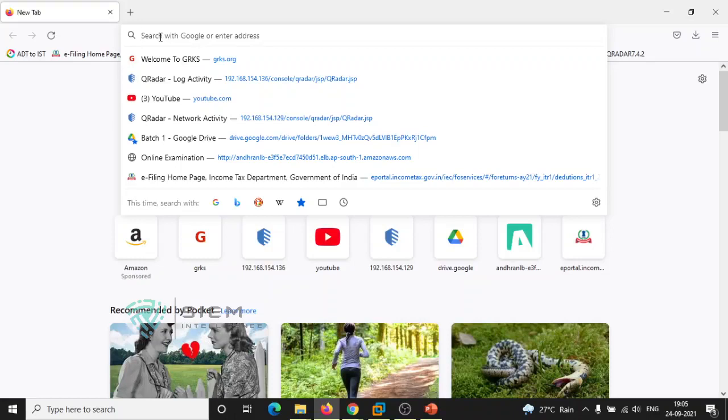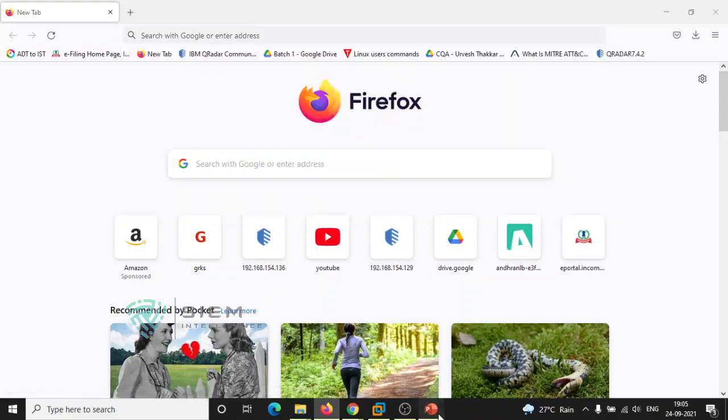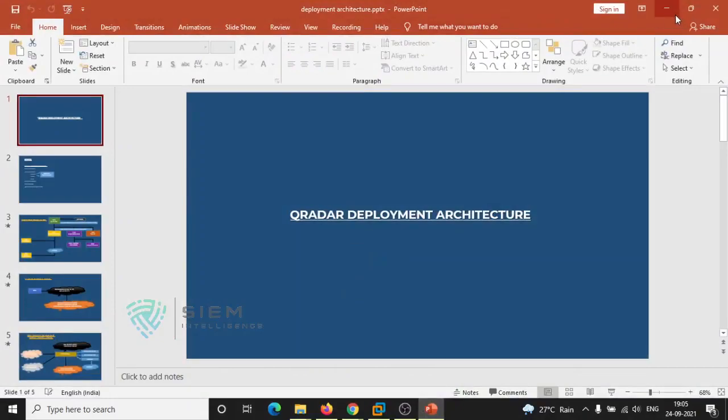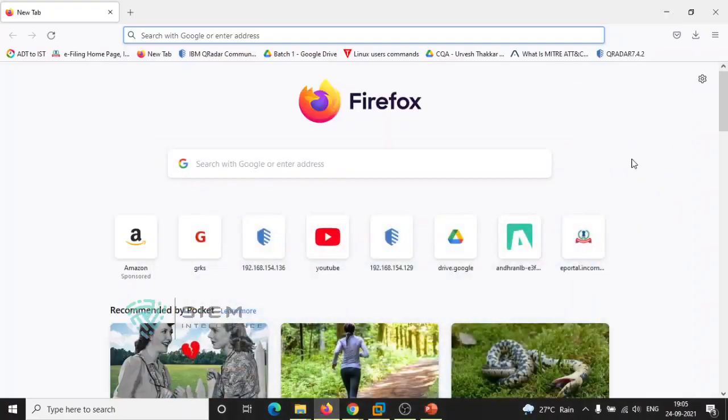It's a free trial of 14 days. You can do as much analysis on QRadar. You can understand what QRadar is, how it looks, and what things can be taken into consideration regarding QRadar. Today's class is basically about deployment architecture.